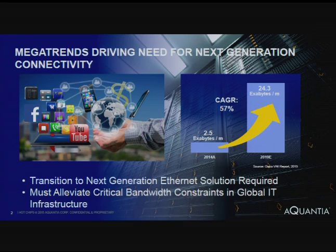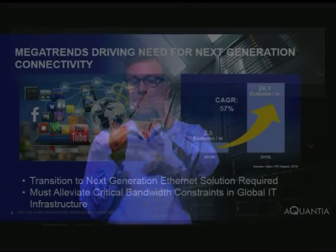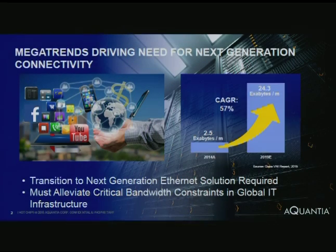There's a lot of push to put the data in the cloud. And what we want to do is be able to access it with our friendly cell phone. Effectively, this ecosystem of the insatiable thirst for bandwidth to the cloud and back to our cell phone creates a bandwidth constraint on the IT infrastructure. And a few years ago, we said we're going to focus on solving a piece of the puzzle, which would be the connection between the wireless access switches and the AP devices, the access point devices. And if you look at this chart, effectively what you see is that there are about 2.5 exabytes